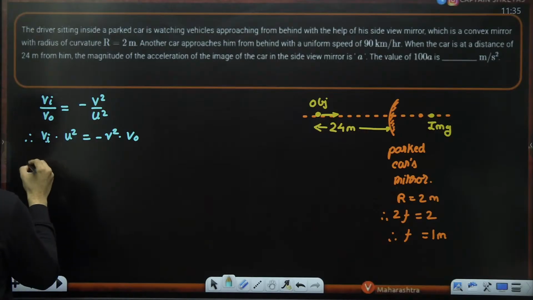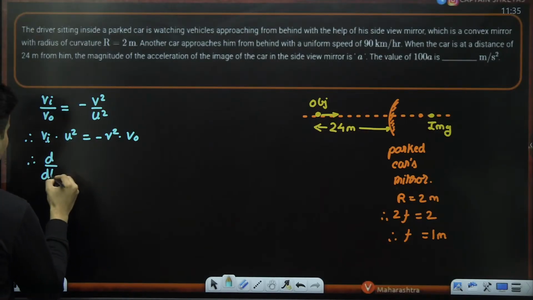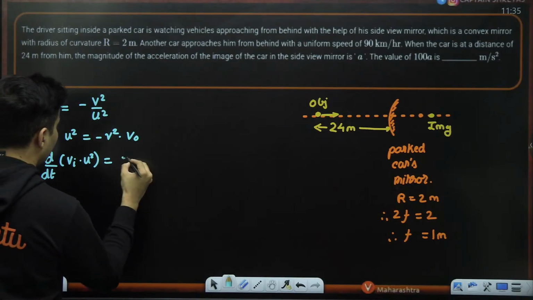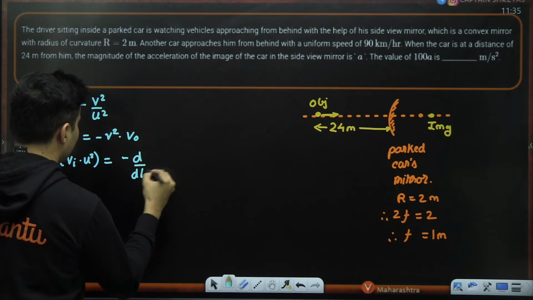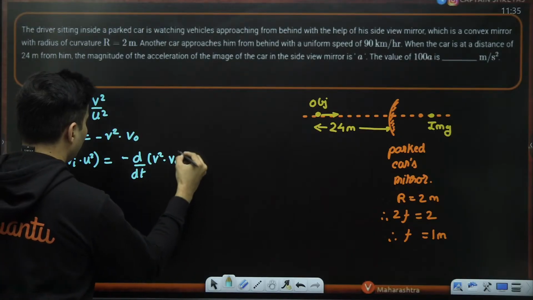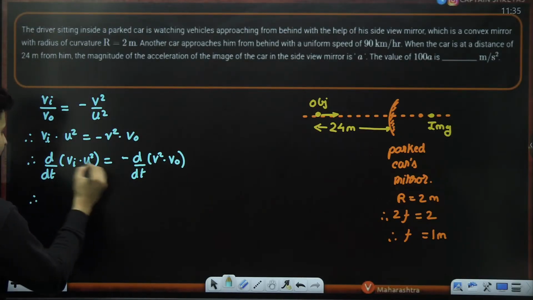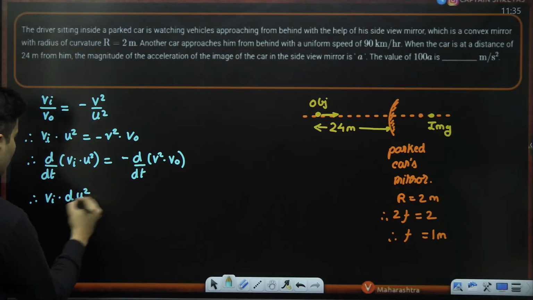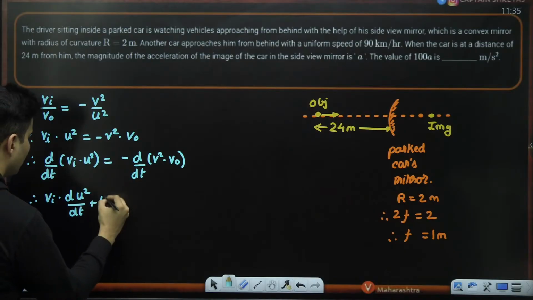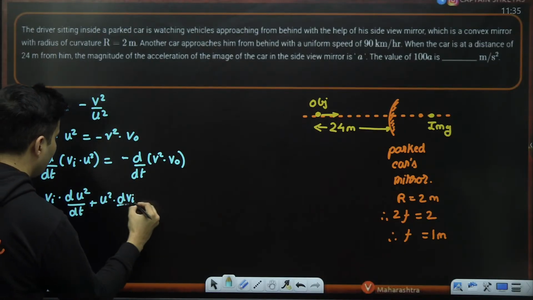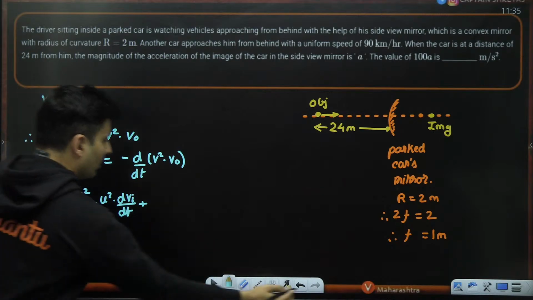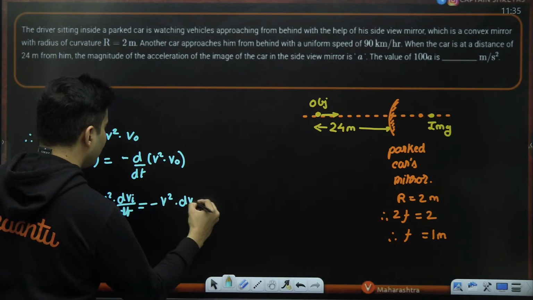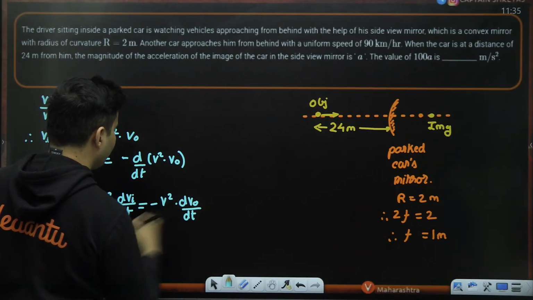How about differentiating it? Just take the derivative with respect to time: derivative of vi into u square is equal to negative derivative of v square into vo. What is the derivative of this? Product rule: image velocity into derivative of u square with respect to t, plus u square into derivative of image velocity with respect to time, is equal to negative v square, and the derivative of object velocity with respect to time